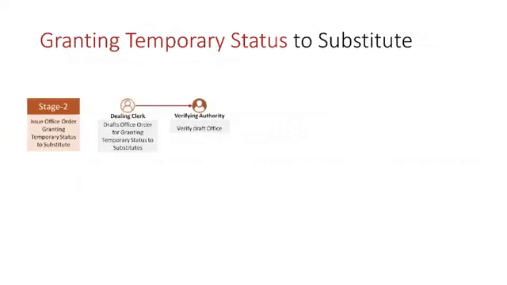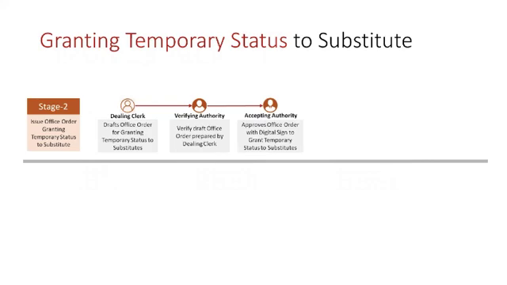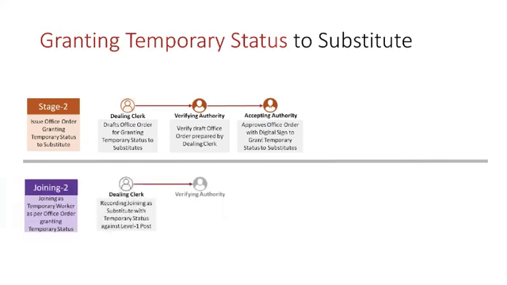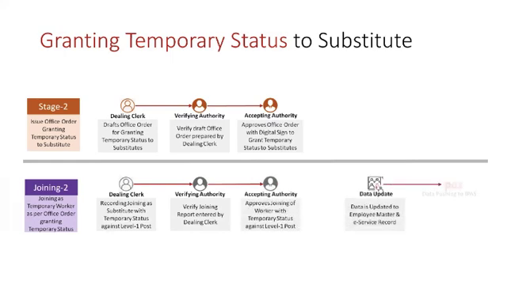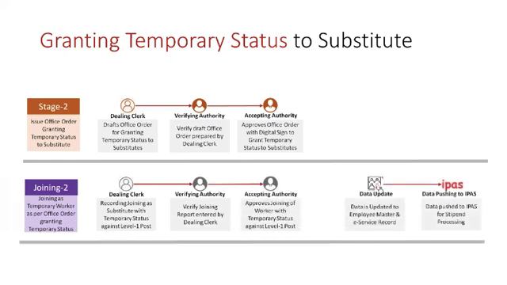Temporary status generally is given after 4 months. So the temporary status order is to be issued by DCBA. At some places, the joining date is also communicated. At most of the places, the joining date is not communicated. It's merely completion of a 4-month period. So that date is to be entered by the dealing clerk, and our data gets updated. The person now has temporary status in our system.